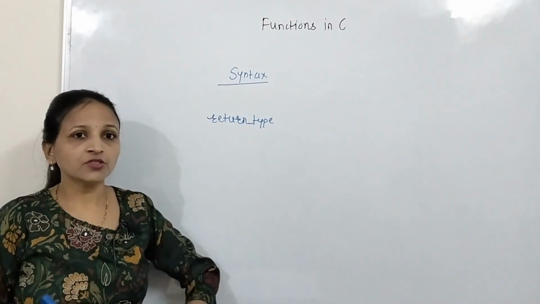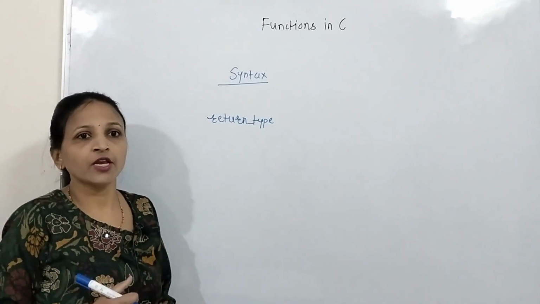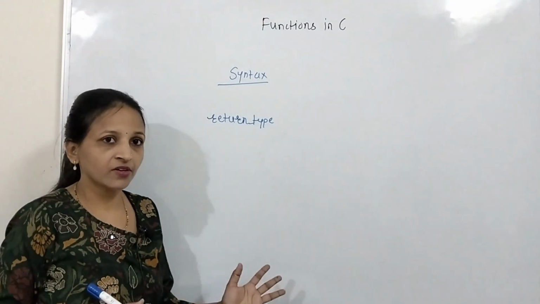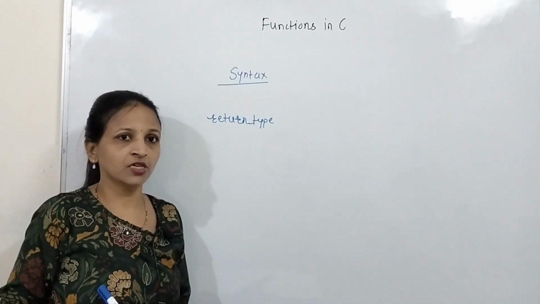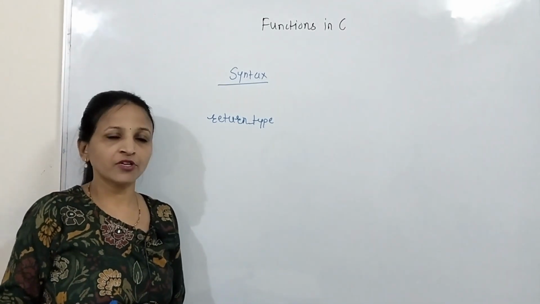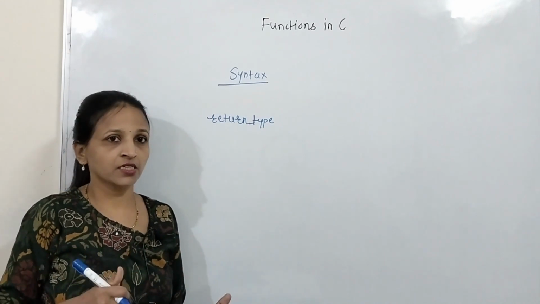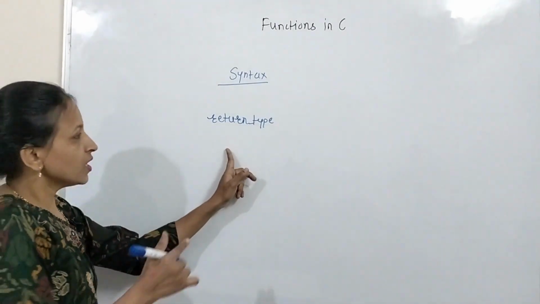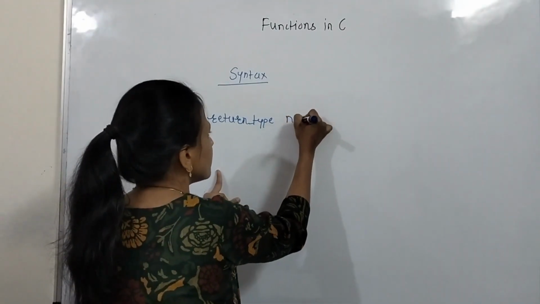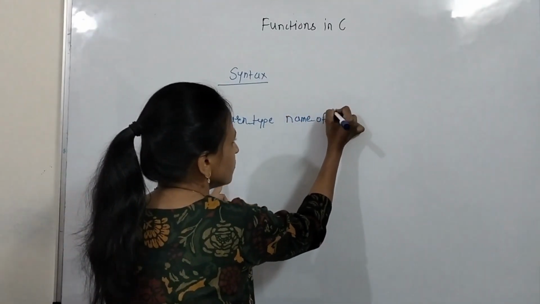Our function can return any value. We have already seen in main that we return the 0 value from main, and that is of type integer. That's why the return type of the main function we have to mention as int. In that way, first we have to mention the return type, then we can give any name to that function, that is the name of the function,